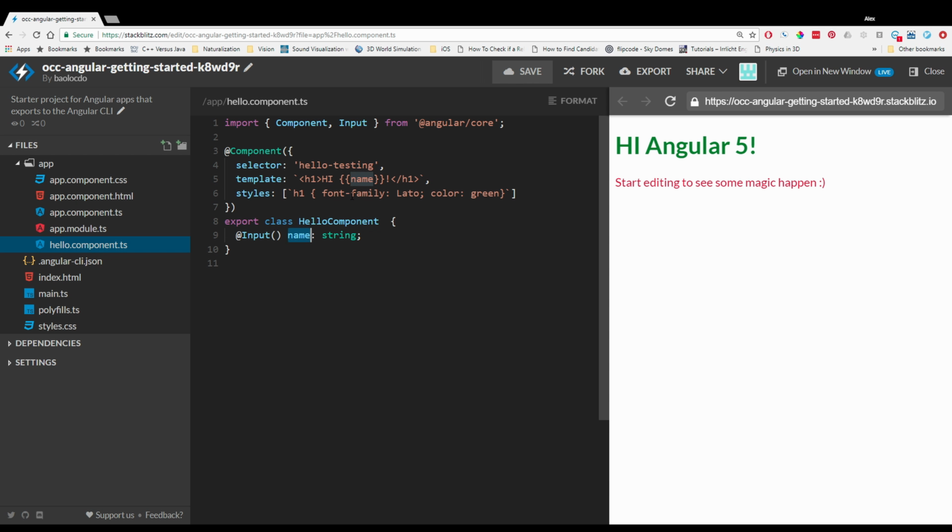On the template of the hello-testing component, the property name is used inside the double brackets, which evaluate any expressions inside them. Since name is basically a variable, the result of the expression is essentially the name's value. On the browser, you can see the text "Hi Angular 5", and Angular 5 is the value of the property